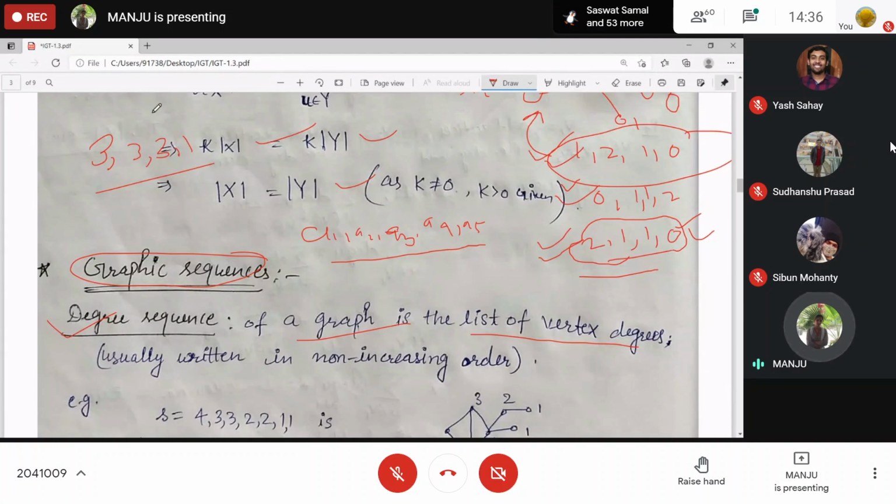Can you find a simple graph corresponding to that? I want a simple graph. Obviously, a pseudograph exists for every sequence which contains an even number of odd terms. Here it also has an even number of odd terms, that's not a problem. Can you find a simple graph?